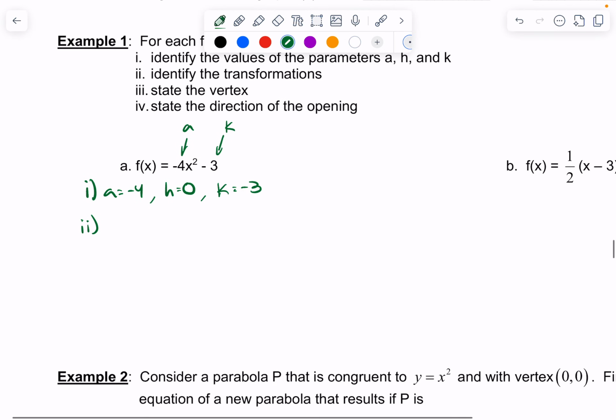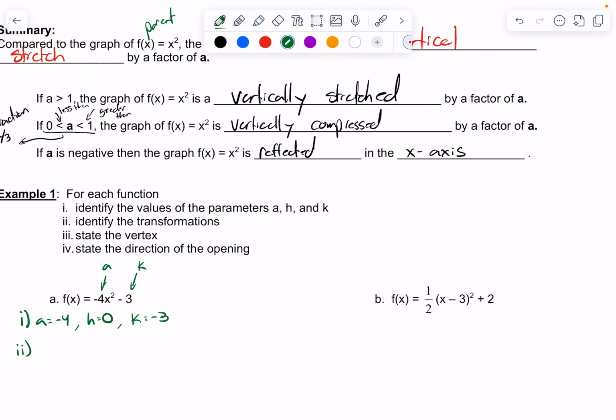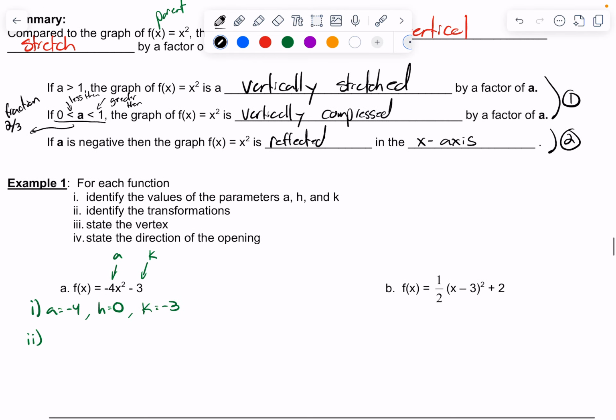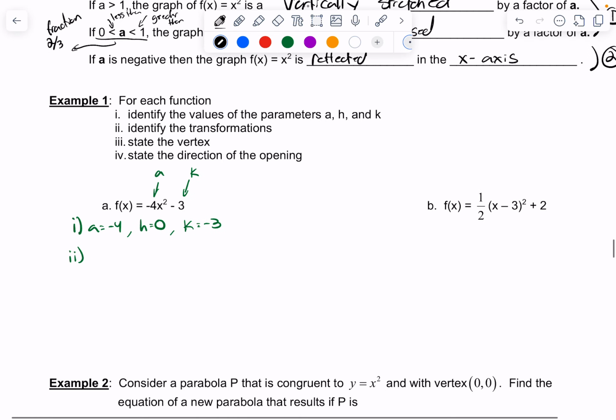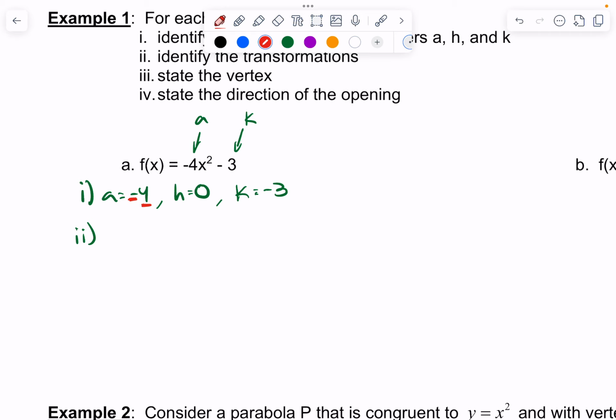Okay, so let's talk about this a first. Remember, a has 2 parts to it, as opposed to all the other ones. The special thing about a is that you have this part, part 1, and you have this part, part 2. So a accomplishes 2 things. It talks about stretches and compressions, and also reflections. So whenever you look at an a value, you have to identify if it's negative, and then also talk about the value. So in this case, because a is negative,